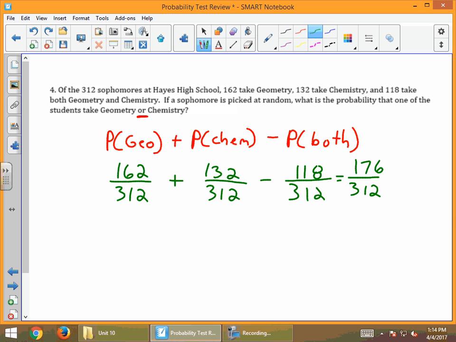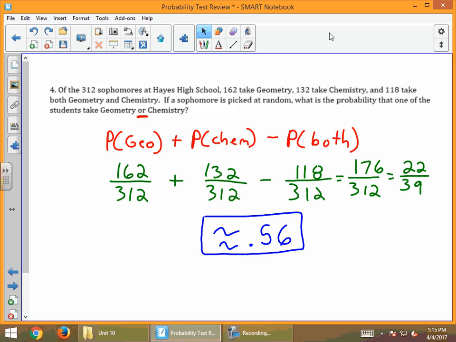So can someone tell me what 176 over 312 is? Use a calculator if you have a borrowed one, or math enter. I don't care. What is it? Oh, no, I don't want decimal yet. I'm going to reduce this, then I'll get the decimal. 22 over 39. 22 over 39 is what my reduced fraction is. But yes, we do want the decimal. And Jessica, what did you get? About 0.56. So about 56%